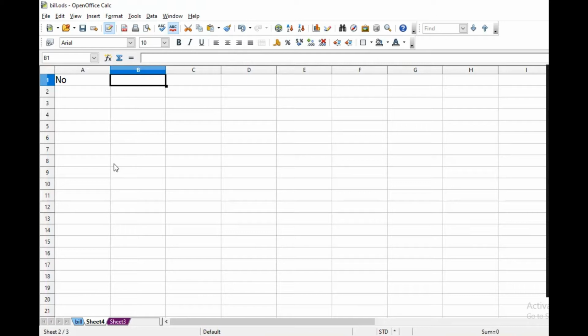Now we are going to see here data sorting and filtering, and for that I am going to type new data that we are going to sort according to some rules.